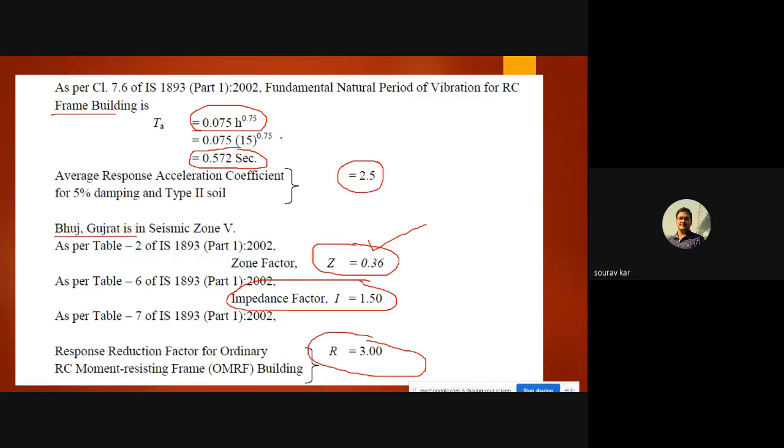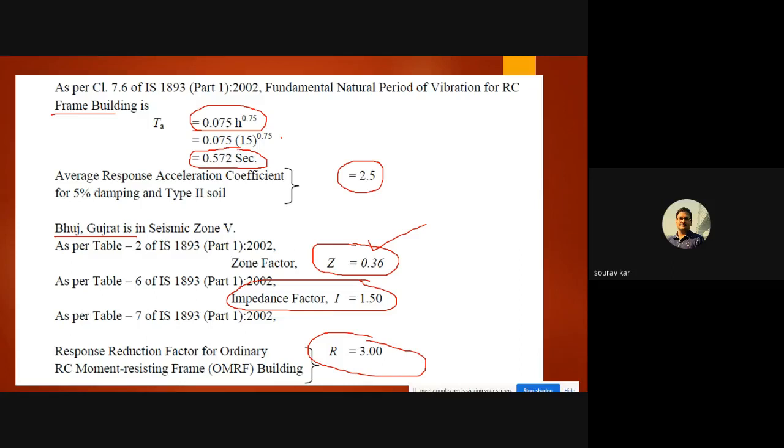That is the more critical case. This is a lighter case. They have taken the frame structure. In the STAAD model, we only draw the beams and columns, and they have taken the natural time period formula according to that.